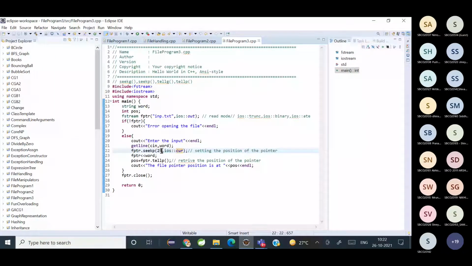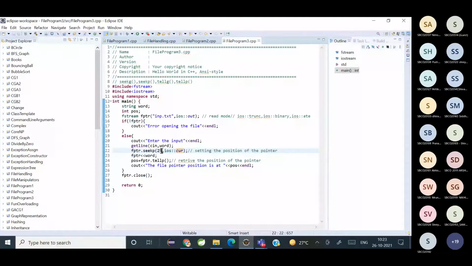और seek p और seek g का difference क्या है? What is the difference between seek g and seek p? P means put. So when will you use p?